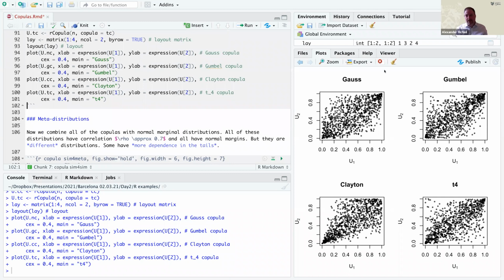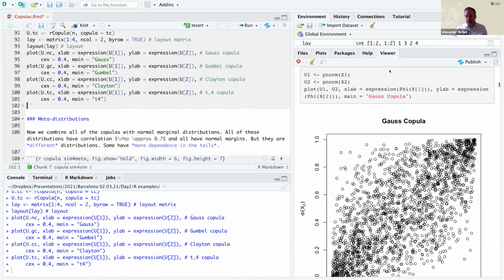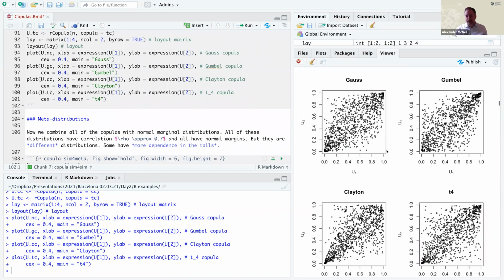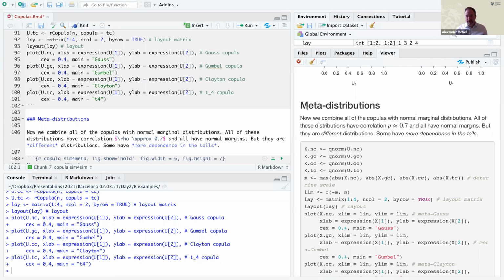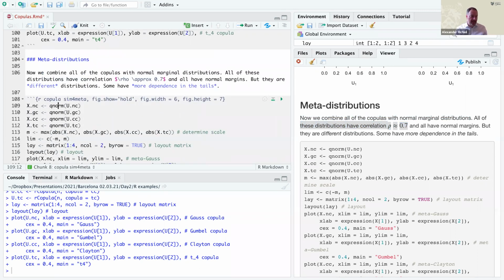Now the idea of meta distributions, so let's just show you where I've got to. We've generated these points. We're now going to do meta distributions. We're going to combine all of the copulas with normal marginal distributions, and we're going to get 4 distributions that all have a correlation that's very close to 70%. But they're different distributions. So in R, what I do is I take the copula data and I use the